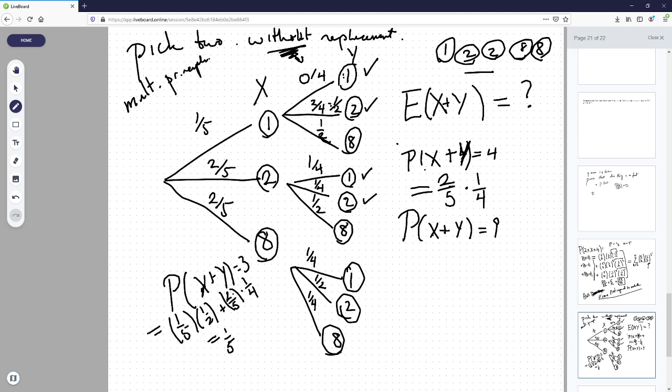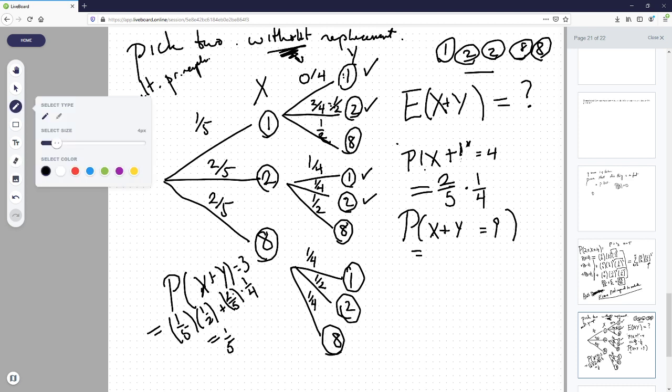And in that case, we're going to get... There we go. Okay. So you get x plus y to be another number. Yes. So x plus y,